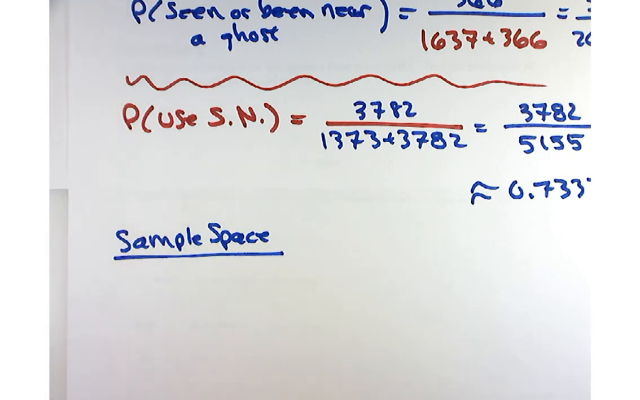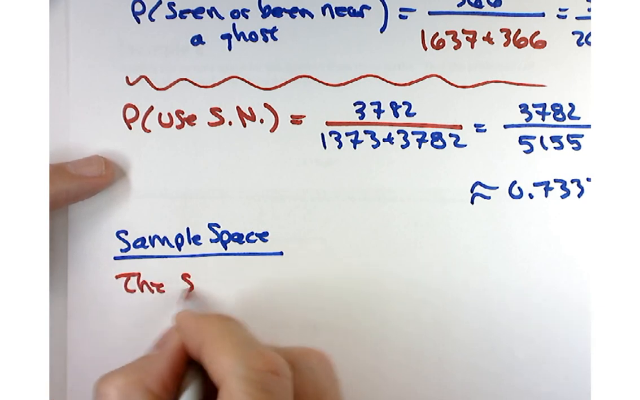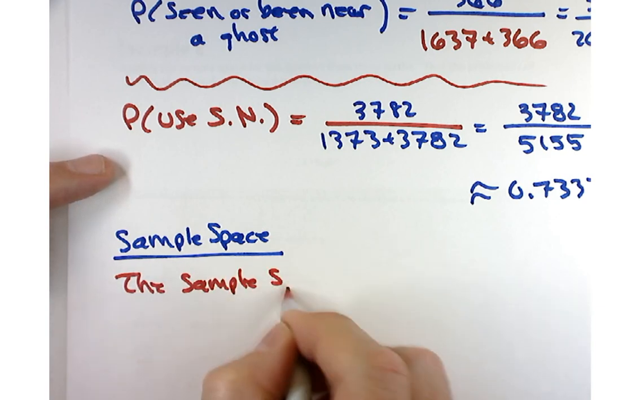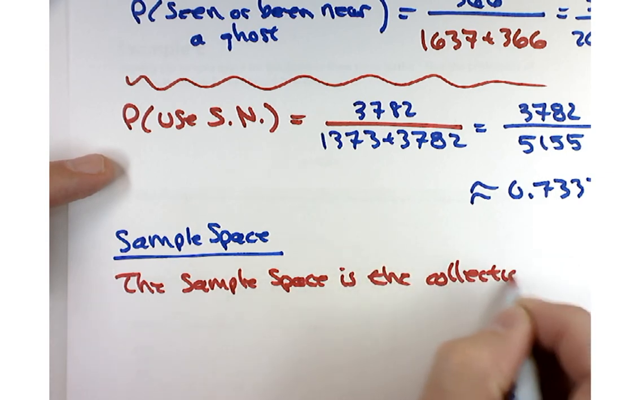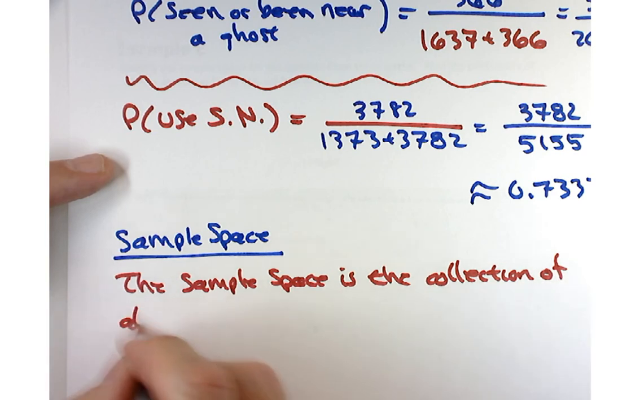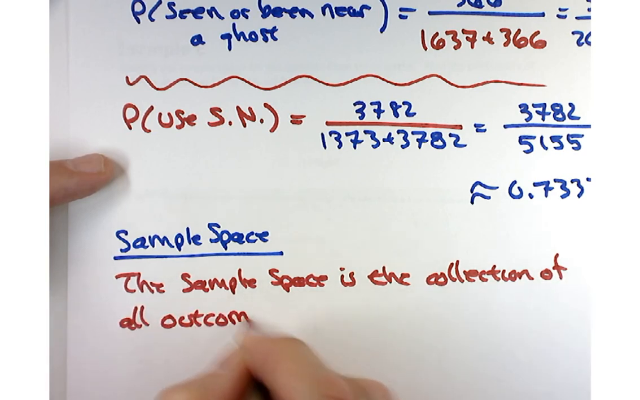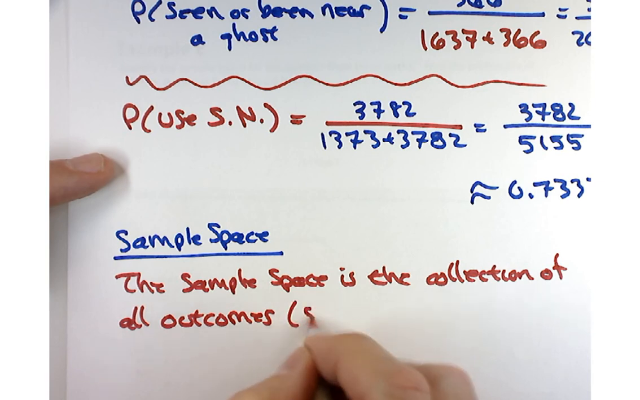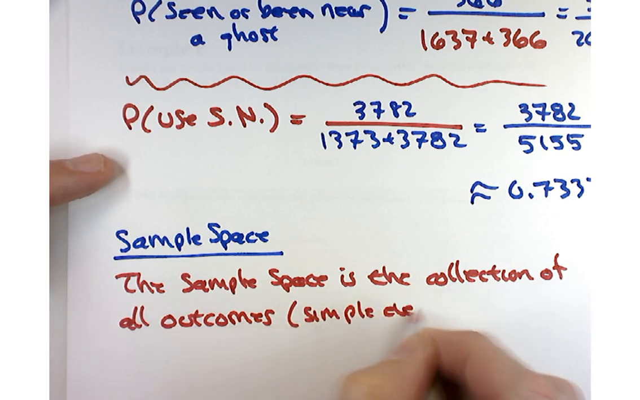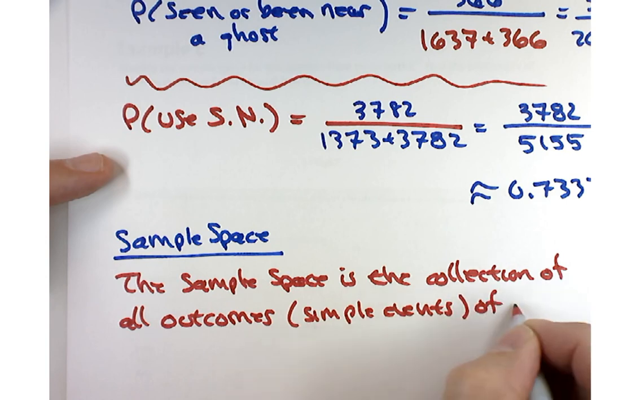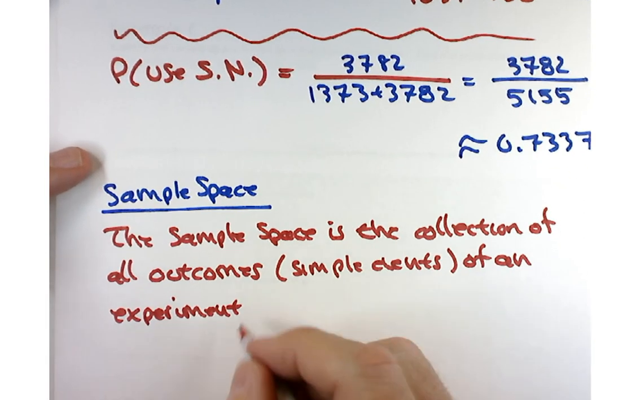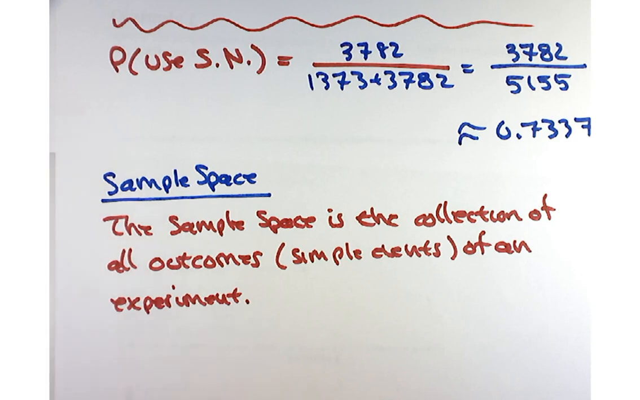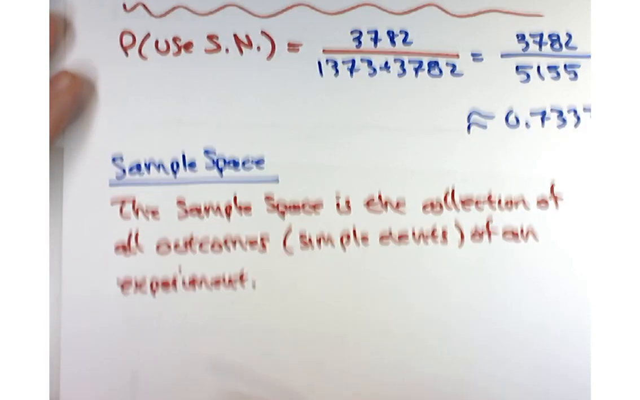So, sample space is the collection of all outcomes or simple events of an experiment. So all the things that can happen basically is what a sample space refers to. So in example E,